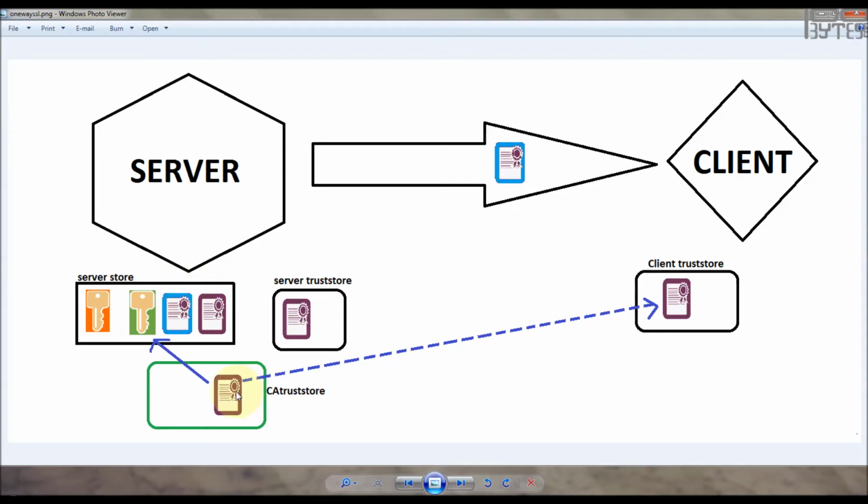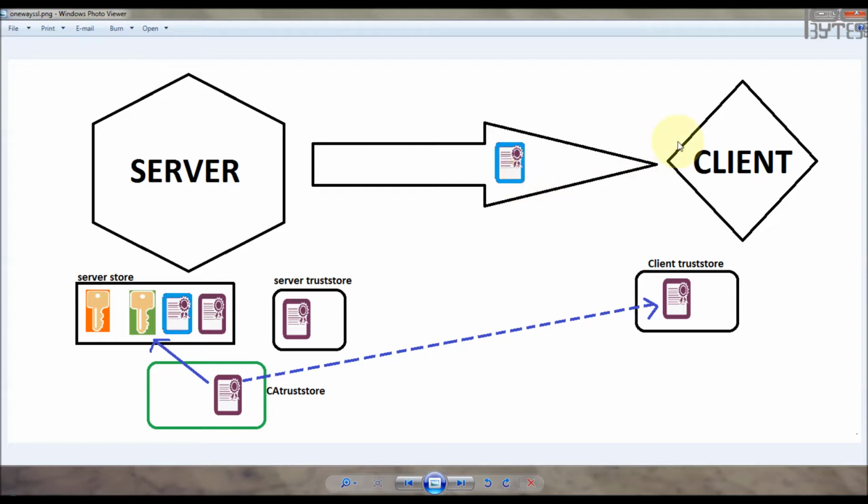The same CA trust store certificate has to be stored in the client trust store, so the client can verify the server certificate's authenticity. During the initial handshake, when the server presents the certificate signed by a certificate authority to the client, the client uses the CA trust store certificate stored in the client trust store to verify this certificate.